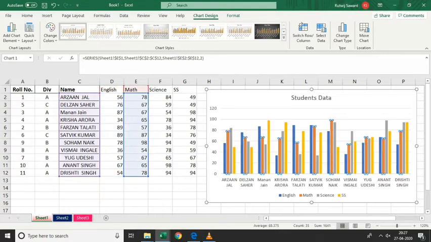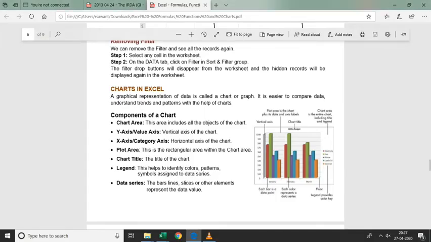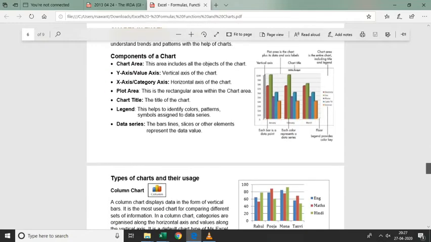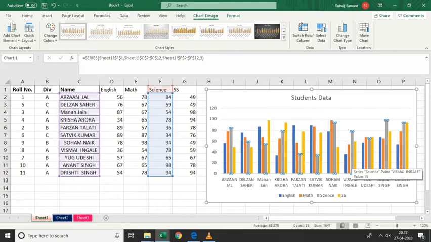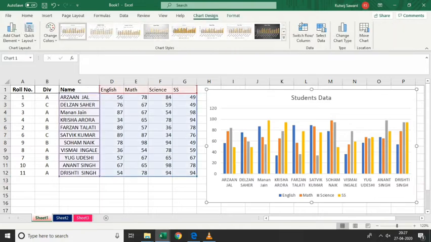Now let's see how to format your chart. If you remember, I explained that when you insert any object within Word, PowerPoint, or even MS Excel, an object means the thing that you are inserting. It can be a picture, a drawing shape, an audio, or a video.